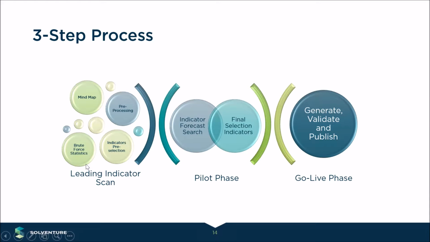So we currently have a database of around 300,000 indicators. That seems a lot, but it's not too difficult to come up with 300,000 indicators. This data typically comes from statistical bureaus. So if you go to the website of Eurostat, you will be amazed about how much information is available there, and actually for free. So what we do in the brute force statistics is we map your sales data to